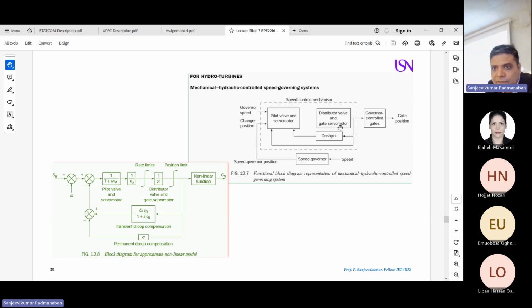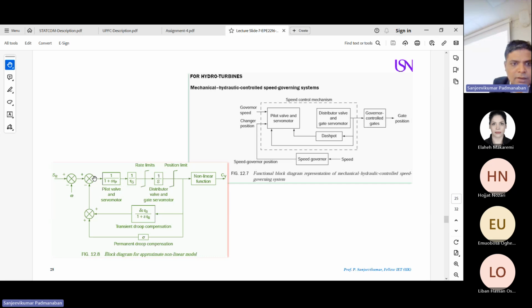On another side, we have a distributor valve and gate servo. This output is given to a governor controlled gate and you control the gate position. This is the general mechanism for anybody to understand, but we are power engineers. We need to model that. How to model? You are SR and your feedback is omega. You give to this